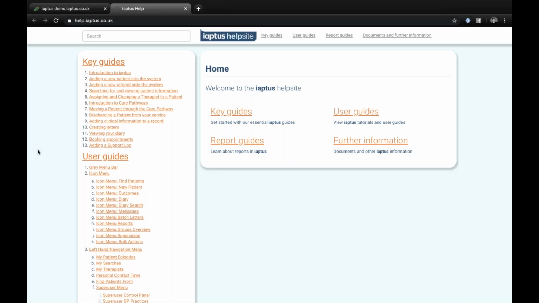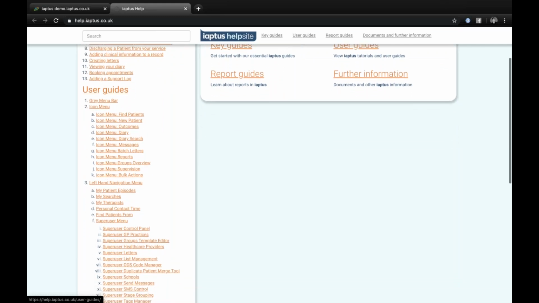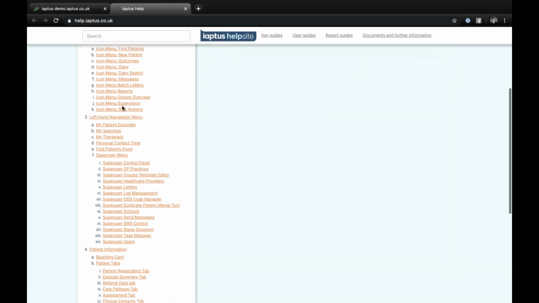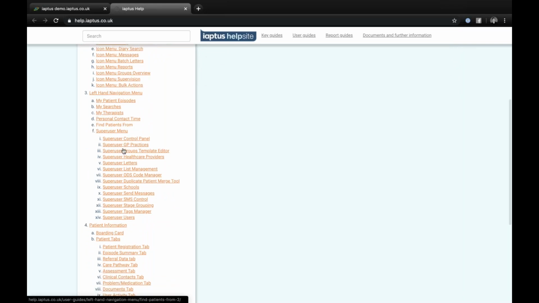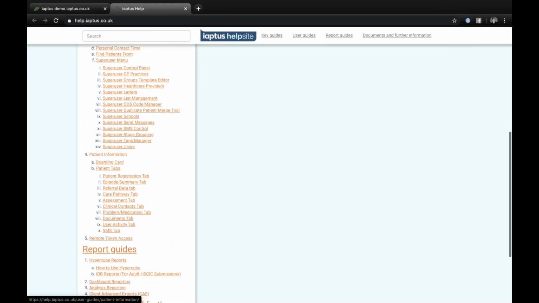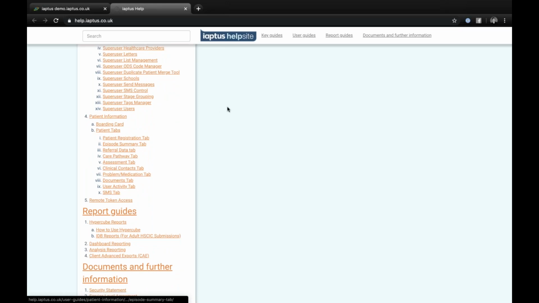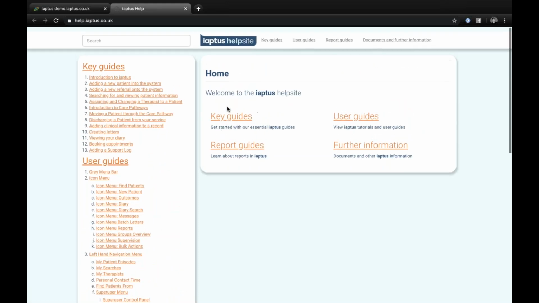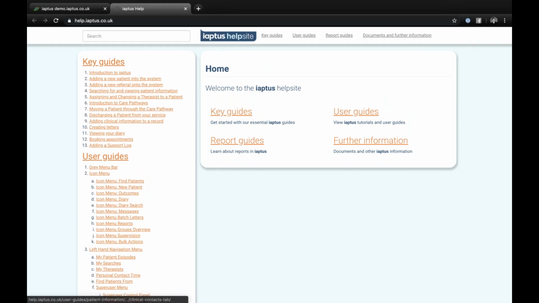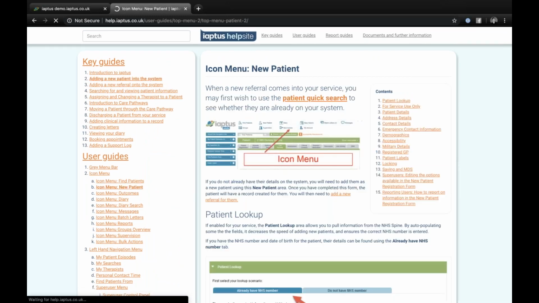And our help site is quite a good first port of call if you do have any questions or queries, or you're not quite sure about how something works on iAptus. It's a good place to go, and you can find some key guides. On the left-hand side here, you've got the list of all the guides we have. You've got some user guides about the icon menu. For those of you that are super users, you have some super user guides and some areas around reporting and the patient record itself. So just to give you a little bit of an example, I'll click new patient, and